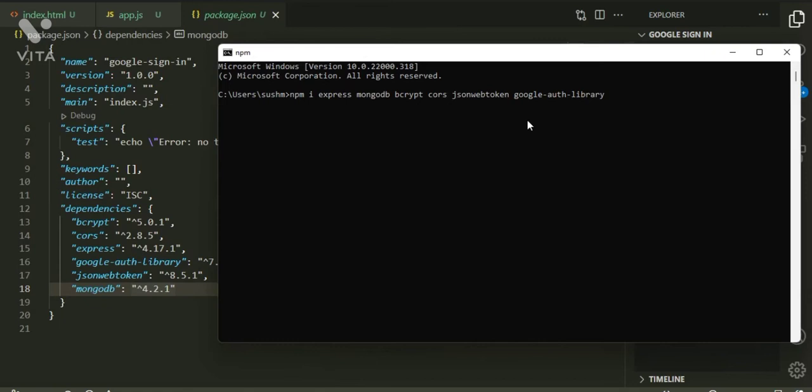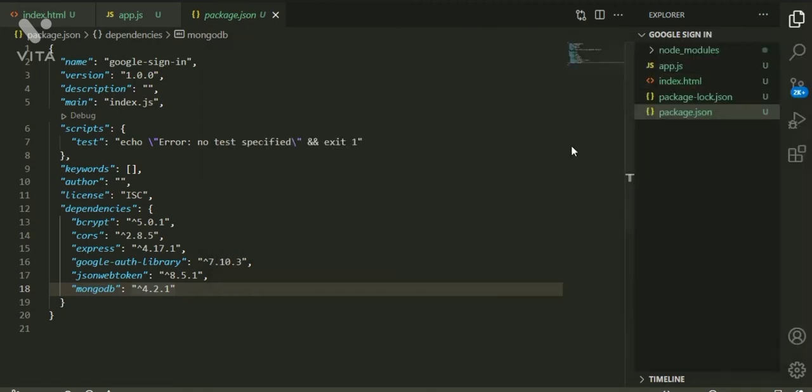We have to install these. I'm not doing it now because I have already installed them. If anything is not working, please refer to these versions and install these only in case anything doesn't work.